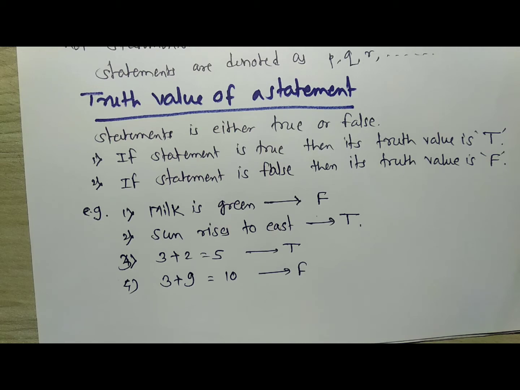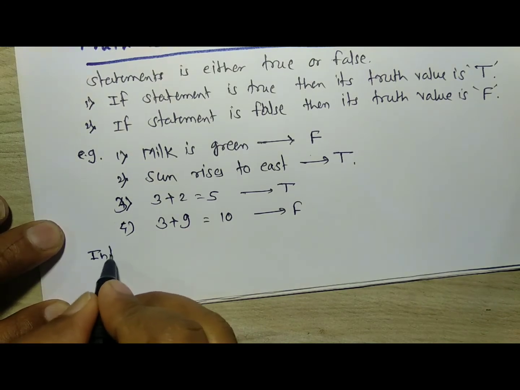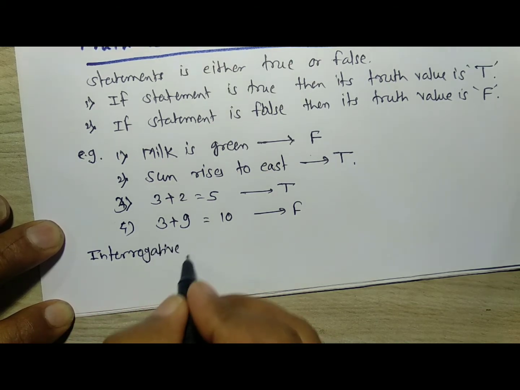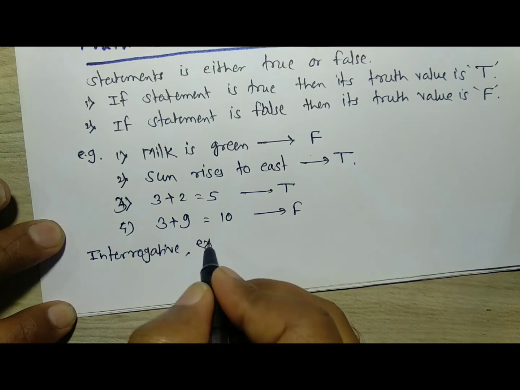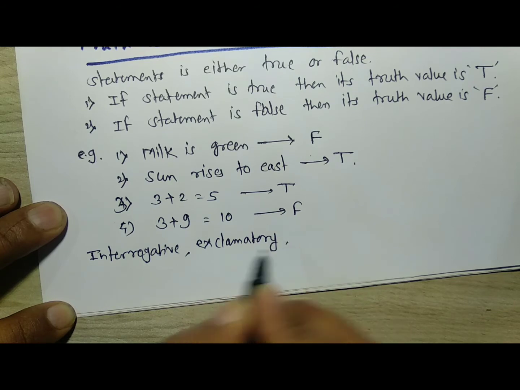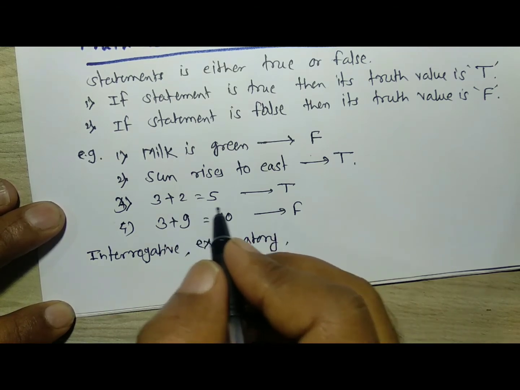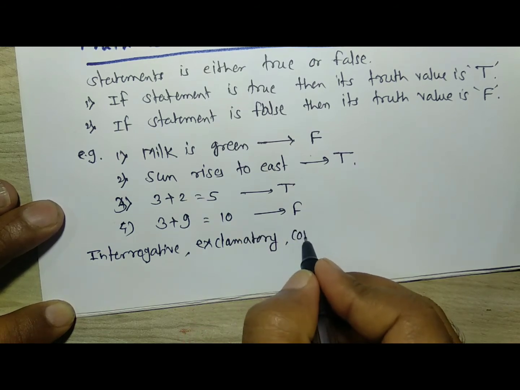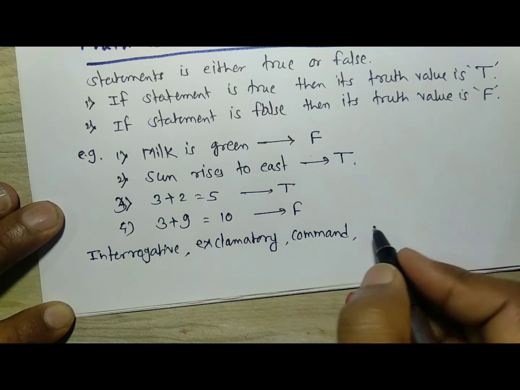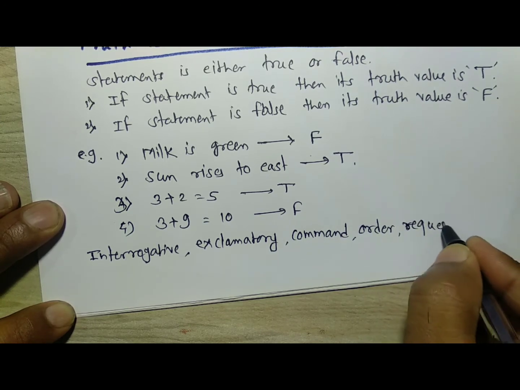Now we are going to consider some other kinds of sentences, like interrogative sentences. Interrogative sentences are those that ask a question. Exclamatory sentences are those which express sudden things that happen in front of you, like wow, and so on. Command sentences are those where we give orders to another person. Interrogative, exclamatory, command, order, request and suggestion